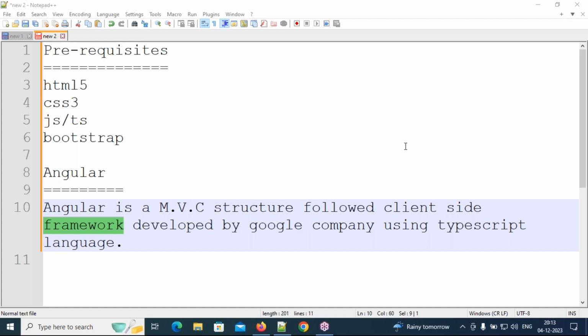Right. And not only that, it will add dynamic behavior for our data. What is dynamic behavior?